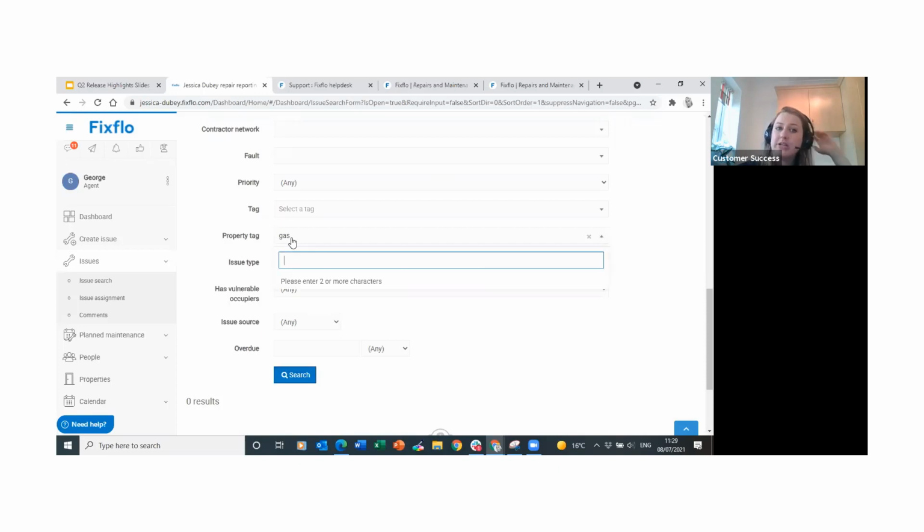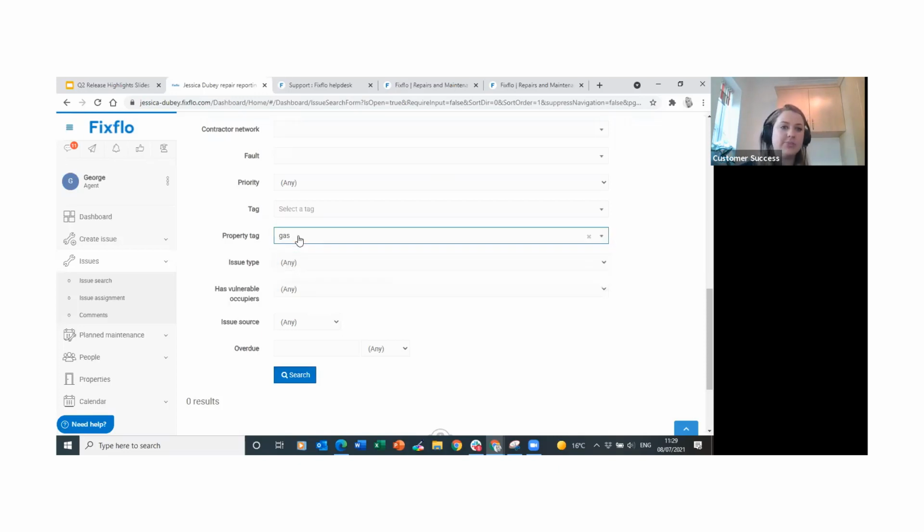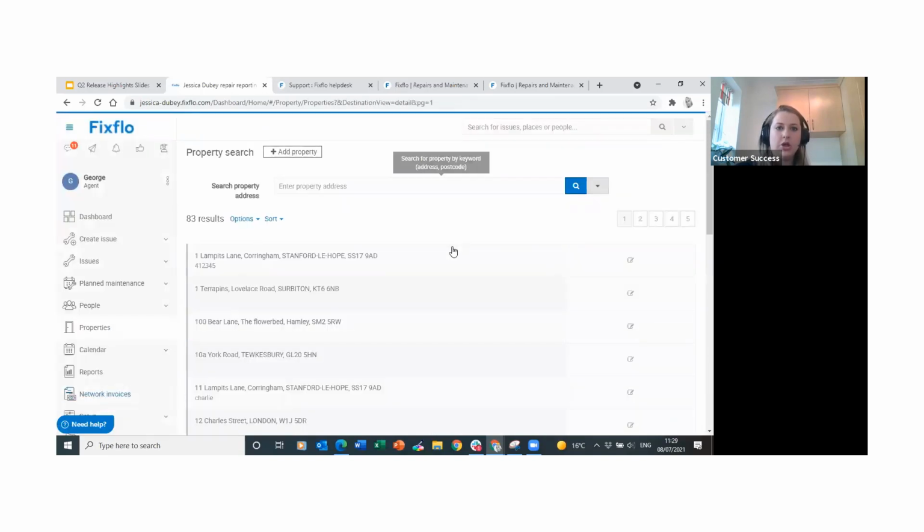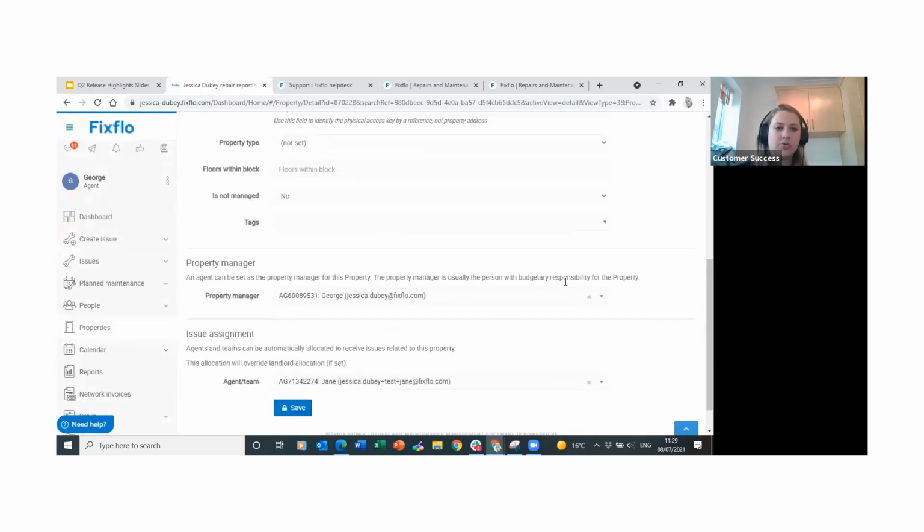So that can be really, really helpful. You do need to make sure that properties obviously have tags first of all. I'm going to see if any of these work. There we go. Okay, nothing's showing any results at the moment, but hopefully you get the idea. What you can do is, if I click here on properties, you can click into a property and scroll down where you